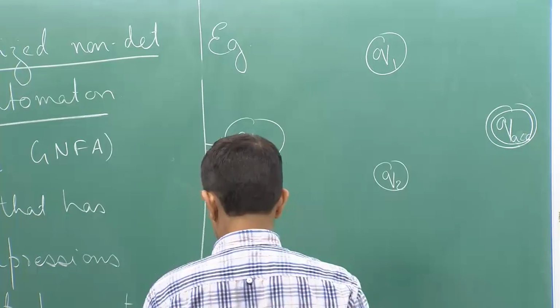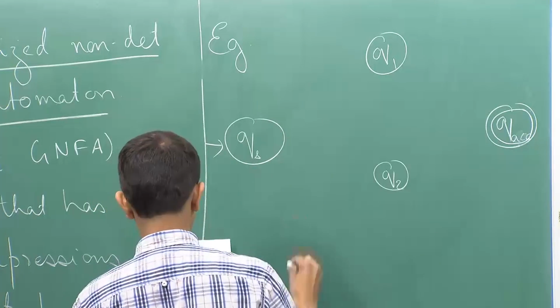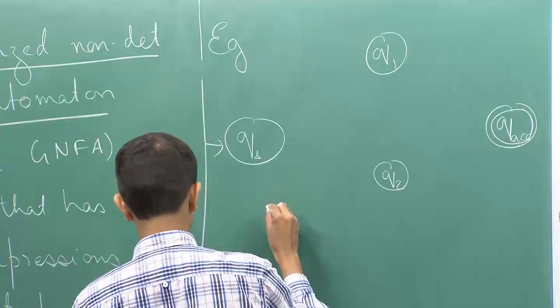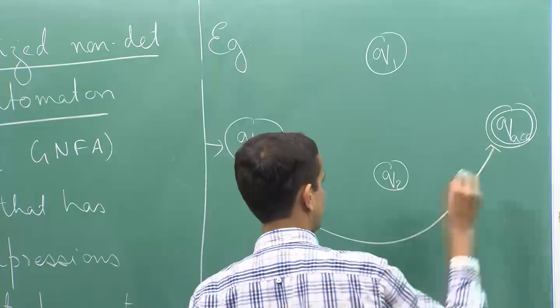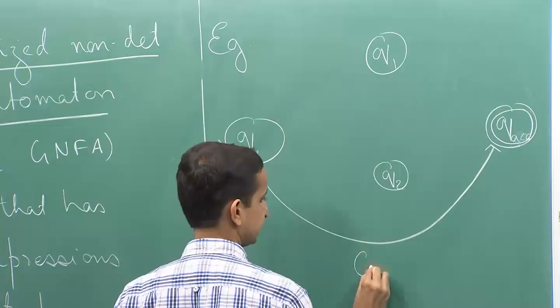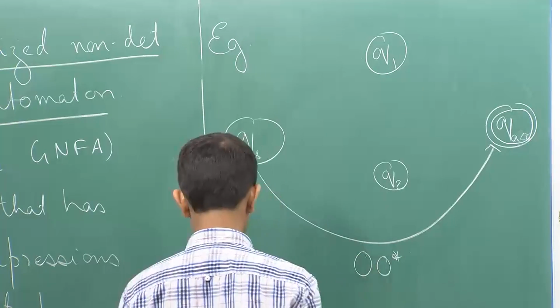Okay. And suppose we have transitions from Q start to Q accept with the regular expression 0 0 star,